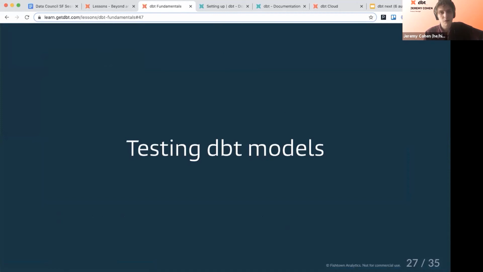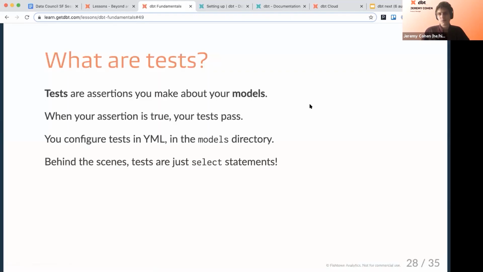Okay. There's a couple more pieces that are important to get through. We'd be remiss to make this a dbt workshop if we don't talk about testing. Rabbi Hillel would say we have not completed the mitzvah of talking about all that is possible in dbt. We've already talked about matzah. This is the maror. What are tests?